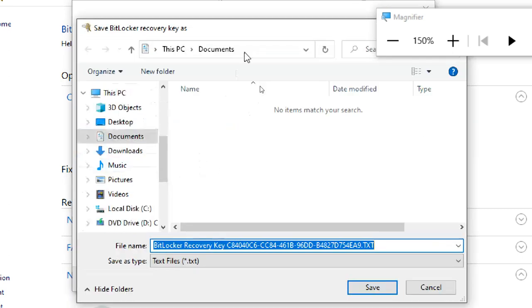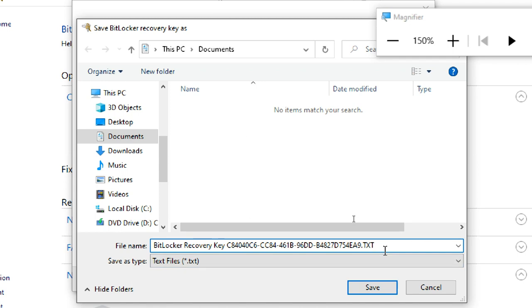Where to save? By default, it is the user's documents only. I'm an administrator, so I should save in my documents. It is safe, meaning safe from other users. You should generally save in your user's documents, personal data files, so it is giving more protection. Or the best one is to save into a USB drive, meaning pen drives like that. You can save into your personal pen drive, which is the best option, the first option.